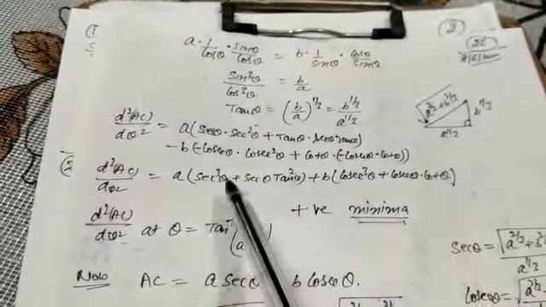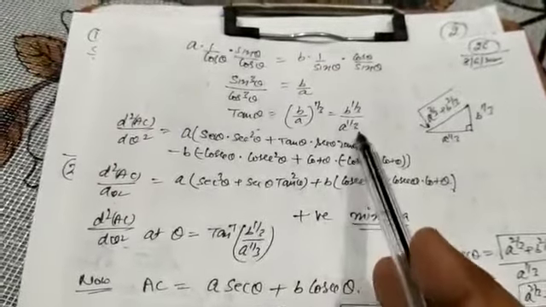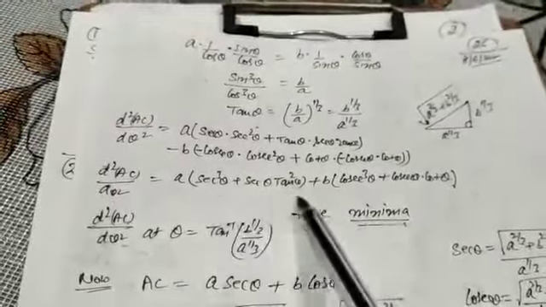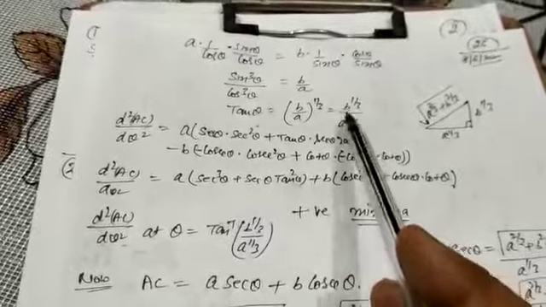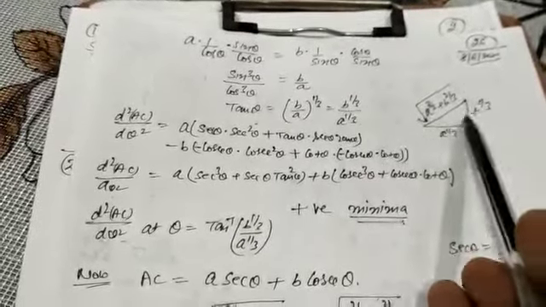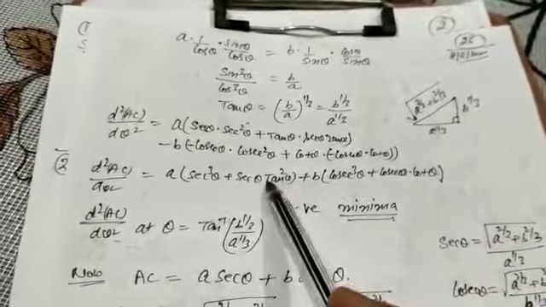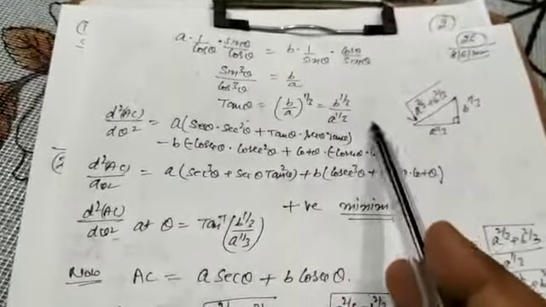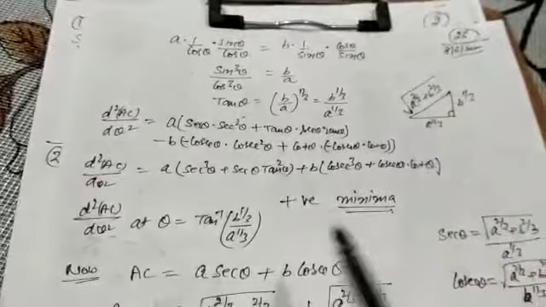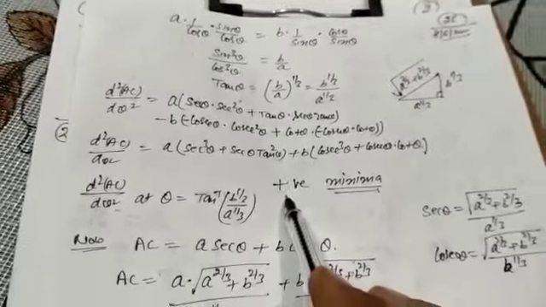After that, we see tangent theta is positive and all these terms are also positive. So when we substitute this value of tangent theta regarding this table, any value, the result always remains positive because it lies in the first quadrant. So it indicates double derivative is positive, means minima.